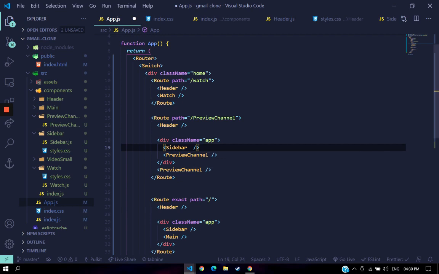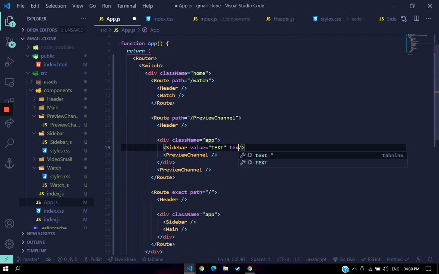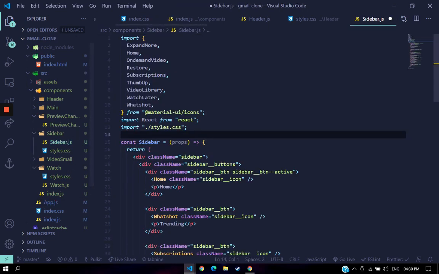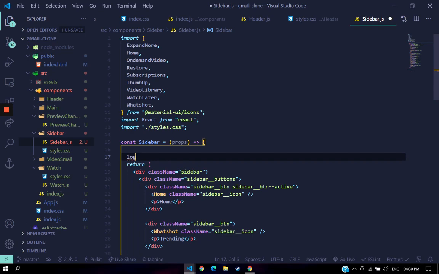You can give any name you want. For example, value equals a string of text, right? And let's give another one, for example, text2 equals hello world, right? Save that, and now go back to your sidebar, and let's console log our props,